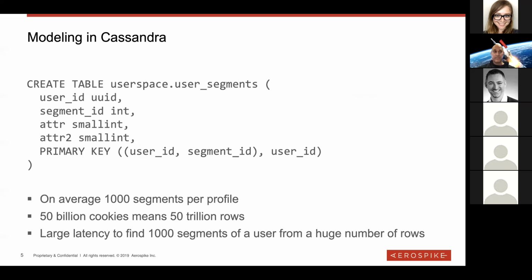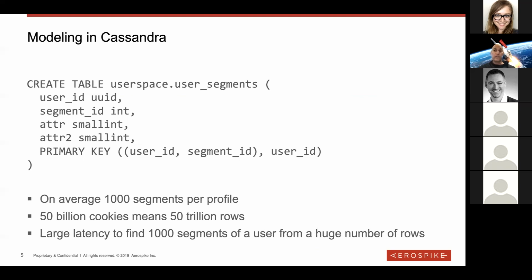I think they have a better definition if you look at the YouTube video that's attached. When we were looking at this, they had 50 billion cookies. If you multiply that by those 1,000 segments, that means a 50 trillion row Cassandra database.